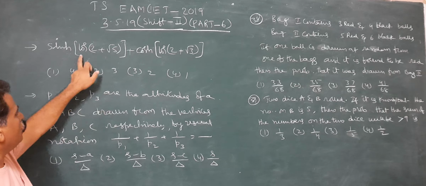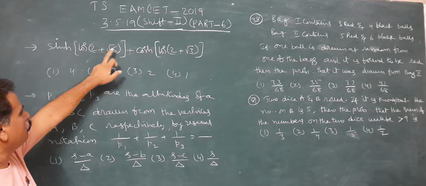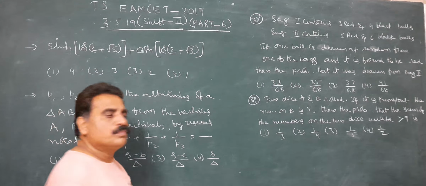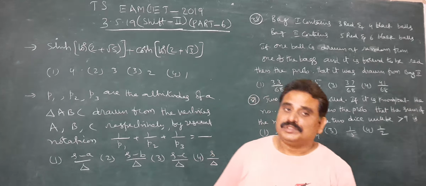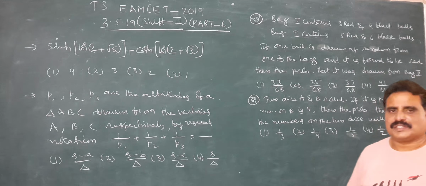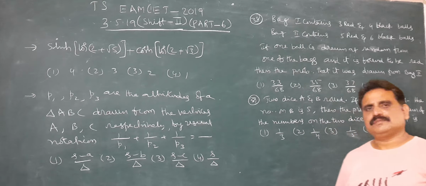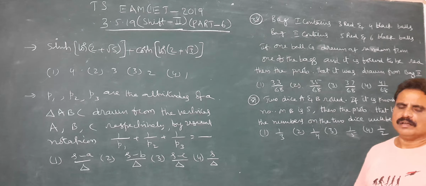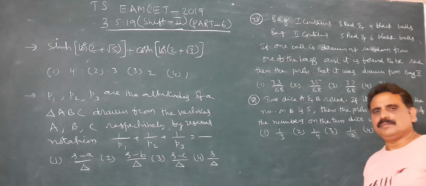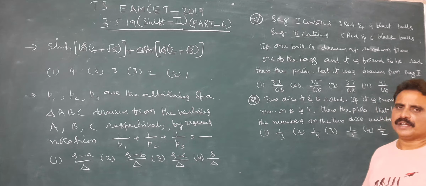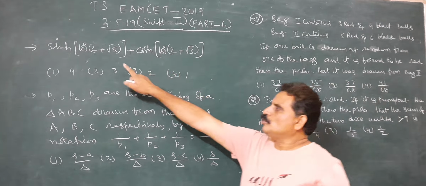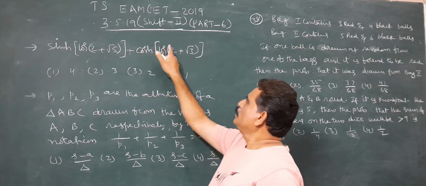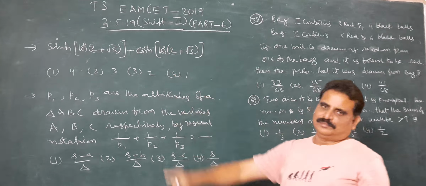Sin h of log (2 plus root 5) plus cos h of log (2 plus root 3). Sin hx, you have a formula: e power x minus e power minus x by 2. Cos hx is e power x plus e power minus x by 2. But here, x is different in both the numbers: here 2 plus root 5, here 2 plus root 3. Now,